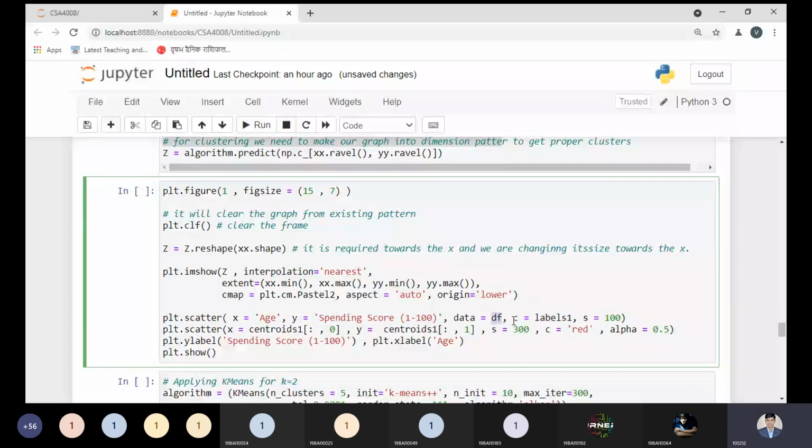And c basically stands for the color, the sequence of colors, or we can say the color of the markers that will be represented. And what are the colors to be used? This is represented by label one. Label one holds some values that are to be plotted over the graph. And s basically represents the size of the marker. Marker means the dots, the information displayed in different colors, represented by its size. We can choose the smallest size, which could be 1, or a maximum size, it's your choice.